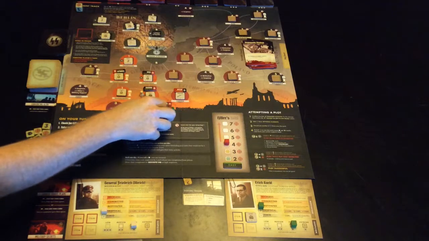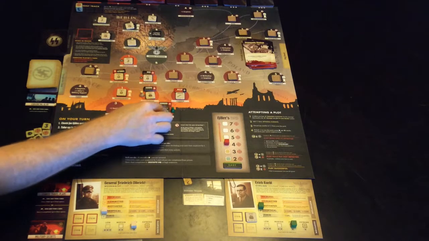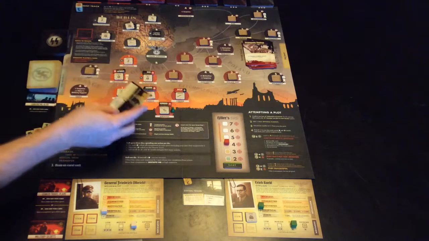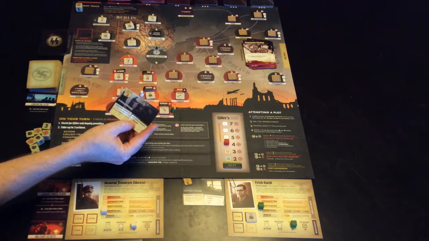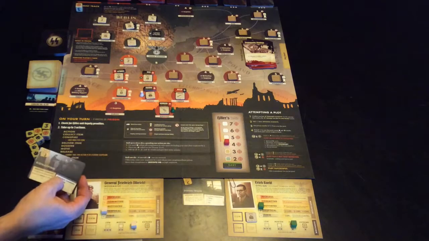Green's turn. First thing, he can't conspire this time. So he's going to flip the card over, still looking for a map, which he can't find. Every possible item has been flipped. So he's going to take a new card. Now, this one's going to get an extra die if the guy's Wehrmacht. So it was the civilian that's done it. He needs to swap that over